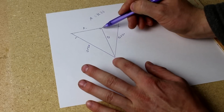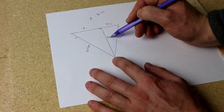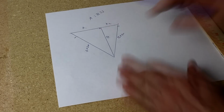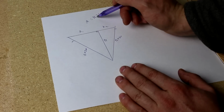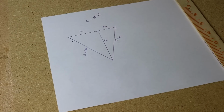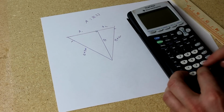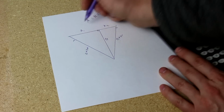So here's our triangles. Now I should only have to solve for one of these, because the b is the number that I'm trying to solve for. So I can use the same equation that we used up here on this first problem. So now A1 is 0.6 of 36.25, because the 36.25 miles is the total A number for this observing location. So that's 36.25 times 0.6. So that means A1 equals